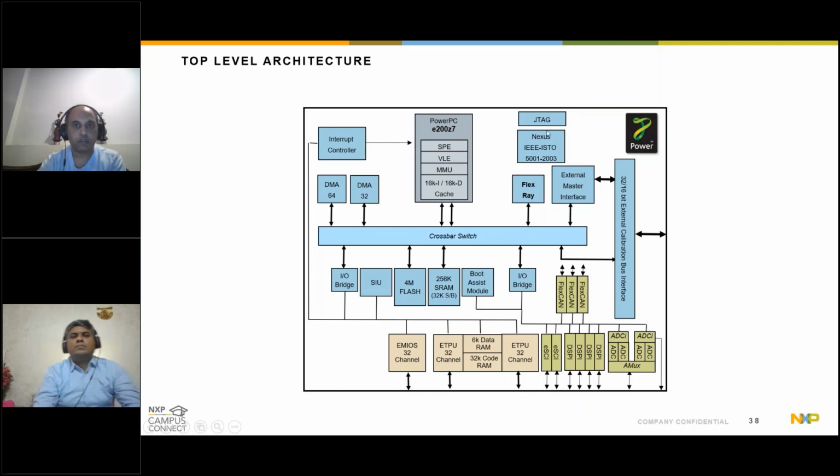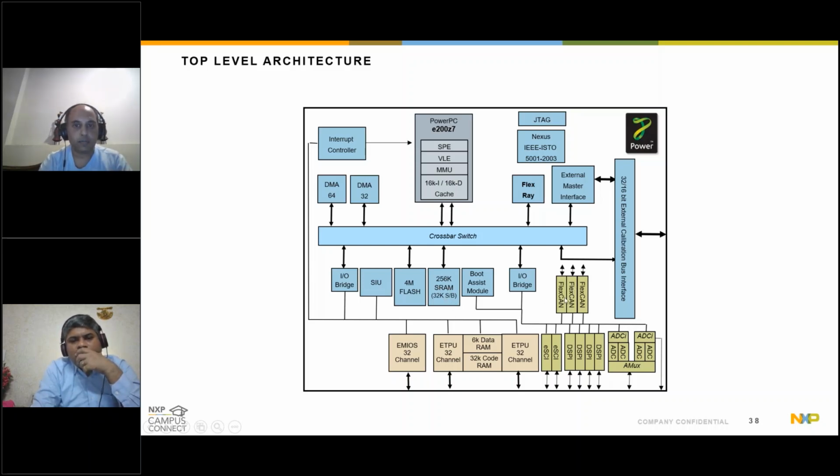Then you will have, let's say, a debug interface provided here like JTAG. Then there could be embedded memories, as you were talking about. So let's say in this chip you have an embedded 4 meg flash and 256K SRAM. This is a place where you may burn some of your program code, or when you are doing a DMA, you may be transferring a chunk of data from the external world to your internal embedded RAM, do processing here, and then take the data out.